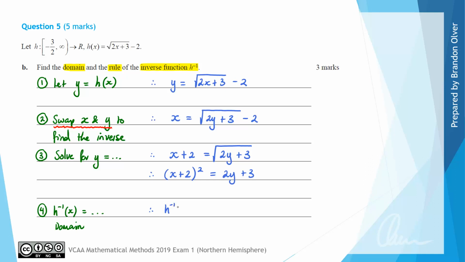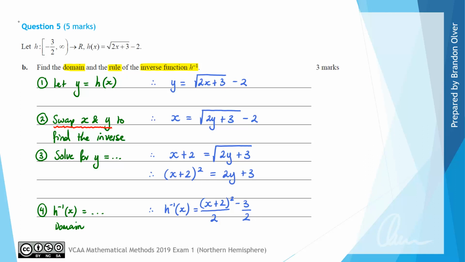So h inverse of x is going to equal, and we'd have x plus 2 all squared, and then we would also have minus 3, but we've divided by 2 to get rid of the coefficient of y, so it would be x plus 2 all squared over 2 minus 3 over 2. So that's part of our answer, and now the next thing we need to do is also work out the